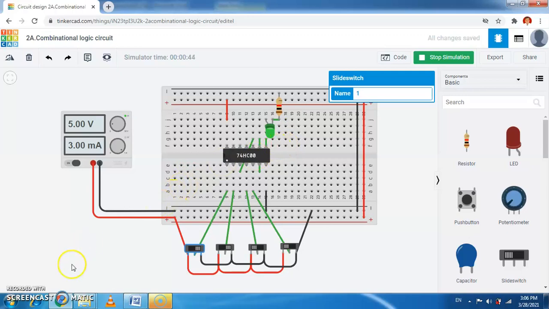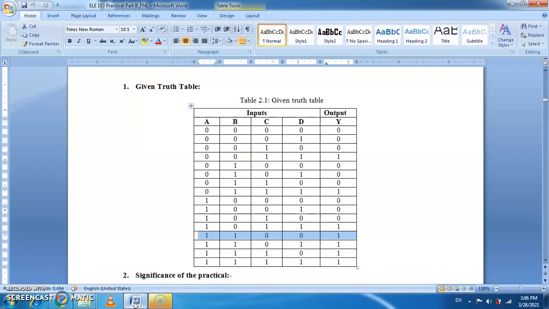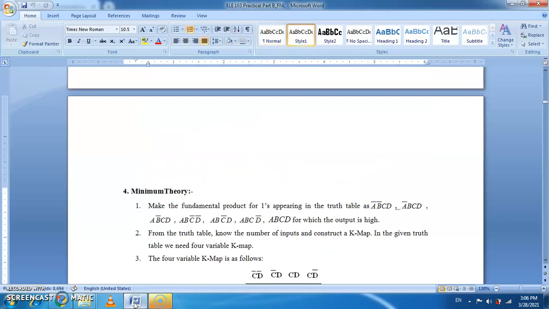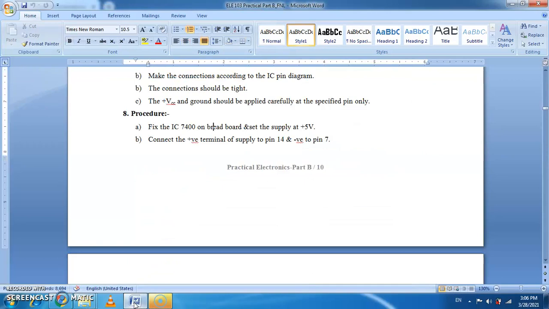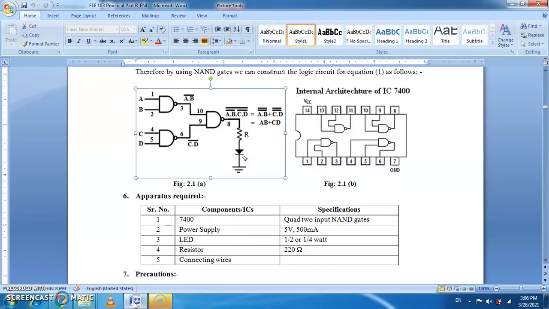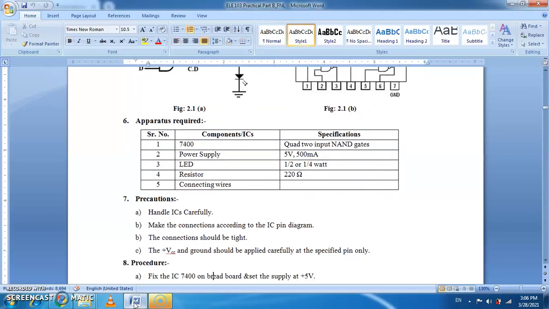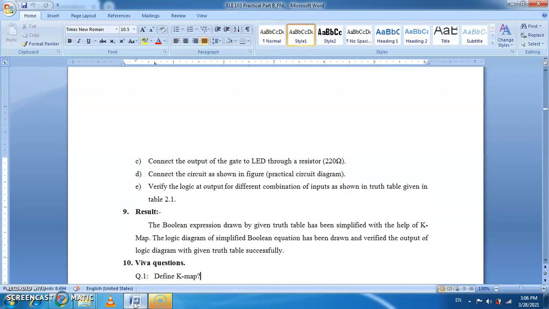So hence we conclude that, what is our conclusion here? The conclusion is that whatever logical expression drawn from the given truth table has been simplified with the help of KMF here.